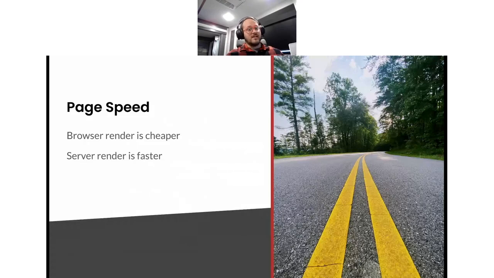There are systems like, again, Remix and Next.js that will render the whole page onto the server, do all the work there, and then send it down to the client. So your very first load can be quite a bit faster. Once the page is loaded, the second page is going to load about the same speed either way, so it doesn't make a huge difference there. But if you need really quick page load times, using one of those frameworks is going to provide you with that better performance that you're looking for.